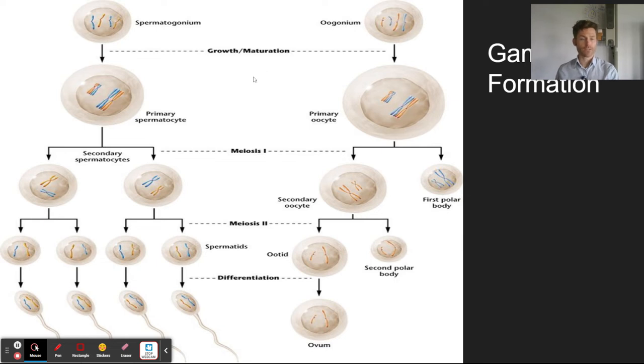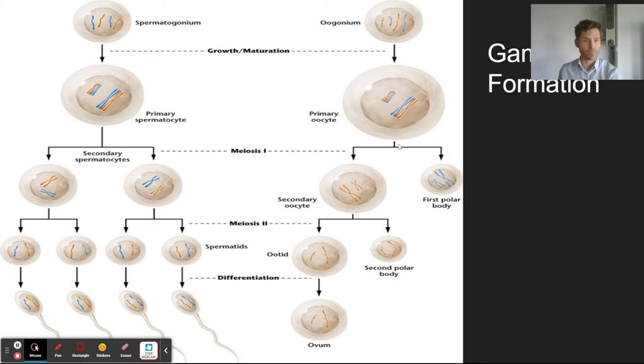Okay? One huge difference between spermatogenesis and oogenesis is that when you're making sperm, every meiotic cycle results in 4 full sperm. Whereas when you do meiotic cycling for making the egg, right, you get 4 daughter cells, but 3 of those daughter cells are called polar bodies, right? Anyways, you get 1 good egg at the end of the story,